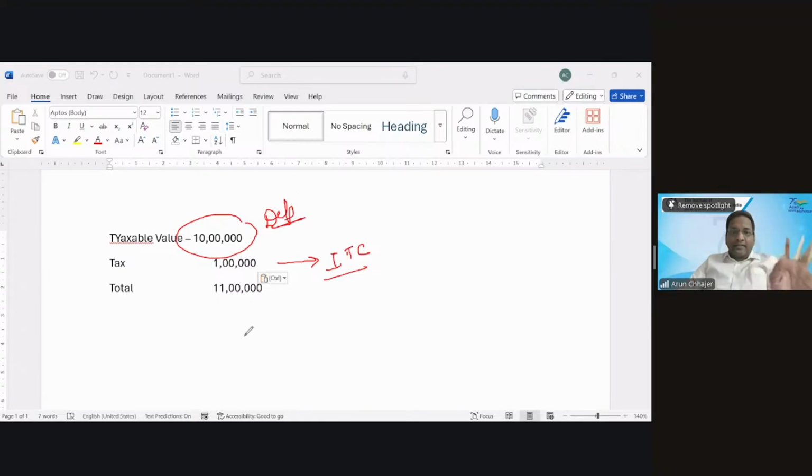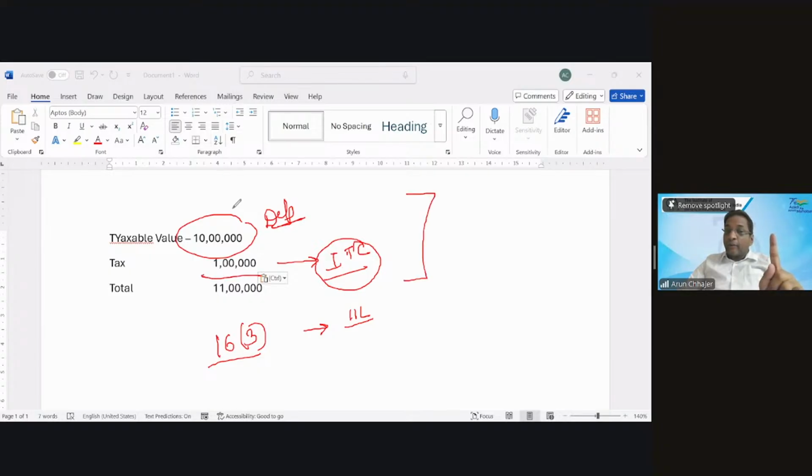No problem. 16.3 restricts that if you are taking the ITC, then you cannot take the depreciation on 11 lakh. Is that clear? लॉ में कहीं नहीं लिखा हुआ है कि अगर आपने आईटीसी ले लिया तो आप डेप्रिसिएशन ले ही नहीं सकते. We can claim the depreciation but only before GST value. So on this 1 lakh rupees, 16 subsection 3 says that do not take double advantage, ITC as well as depreciation. They are silent. They are not talking about anything on the taxable value. Saminathan, is it clear? If you have any doubt, you may visit the video once again.